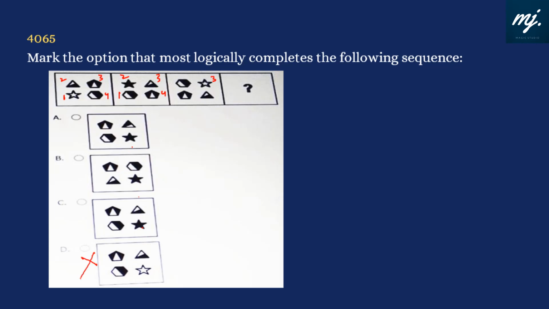Option D is out. These 3 are selected. Then if we look at the triangle, number 3 set triangle is same, 4 position is same. It should come at the 1st position, this triangle. That means response figure B needs to be selected, mark B. If you look at the triangle 2, it's been shifted to position number 3, then to position number 4, and no change in the shades. That means in the next one, it should be moving to position number 1, and that is only in option B.